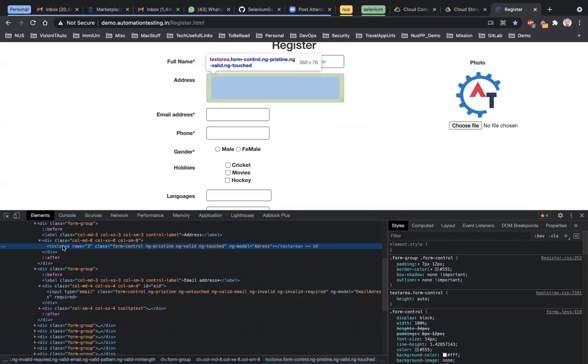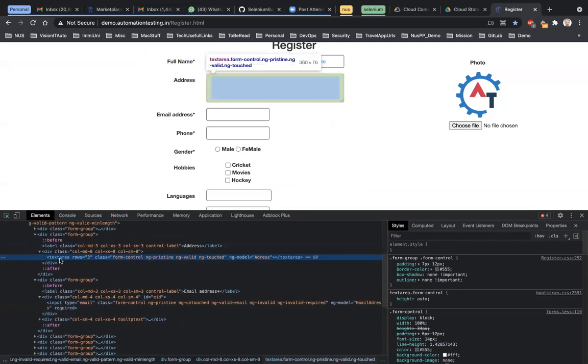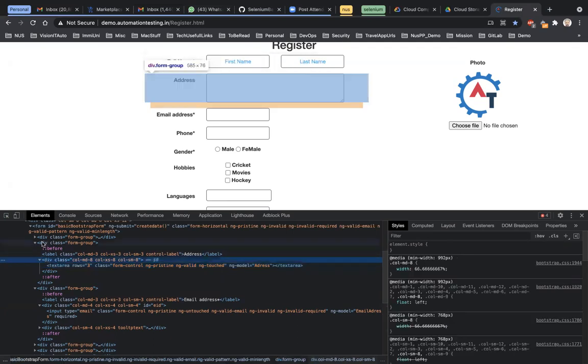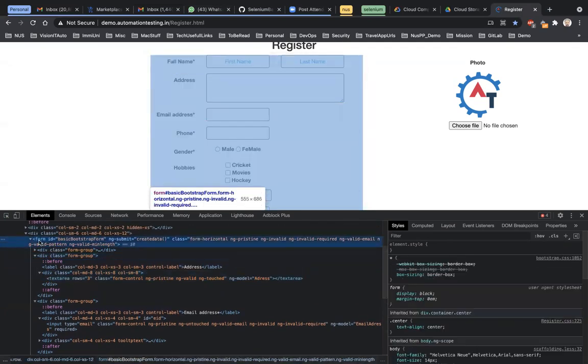But one thing is also clear here, that there is a specific path to this element. That means it has a parent, and this parent has another parent, and this parent has another parent. So this HTML is nothing but a hierarchical model. It's a hierarchy, or you can understand it as a tree model, right? That's how your folder structures are organized.